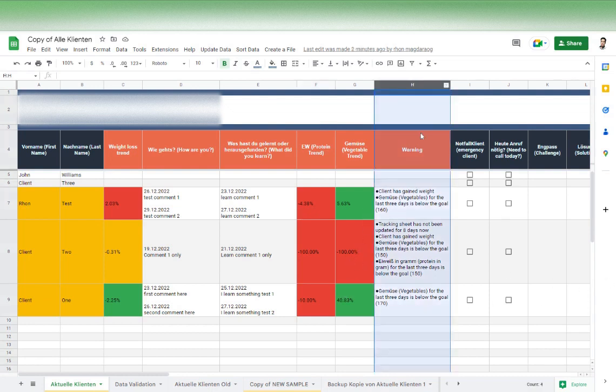All right, we also have this warning column, which will let you know what the misses were from the client side. As we can see right here, the client has gained weight, or the vegetable intake for the last 3 days is below the goal. Then we also have a warning if the tracking sheet has not been updated for a number of days, and automatically their name will be highlighted in yellow